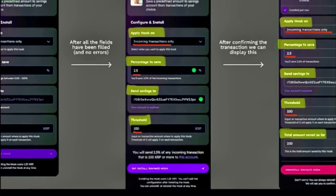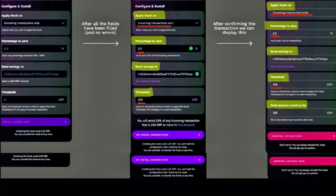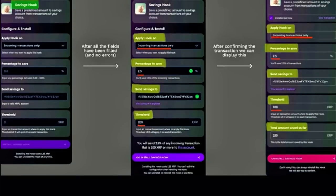So your settings, what's the savings percentage? What's the block list level? The transactions affected. So your transaction history, but from the hook context. What did the hook do to this transaction? And